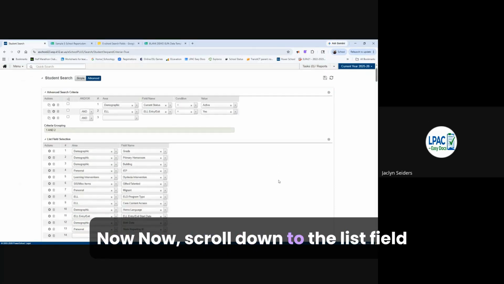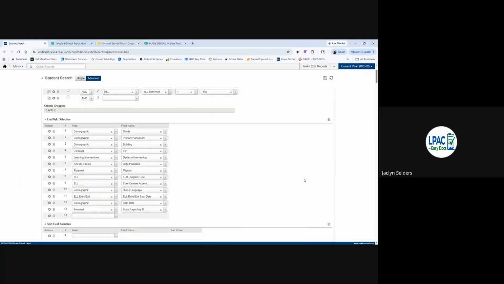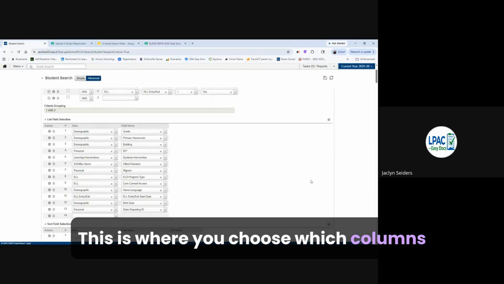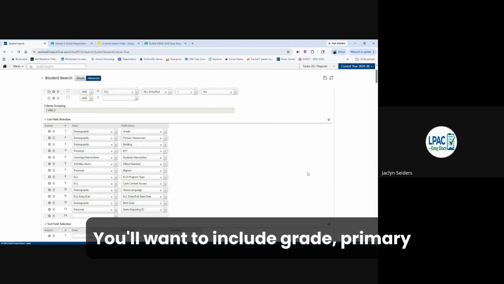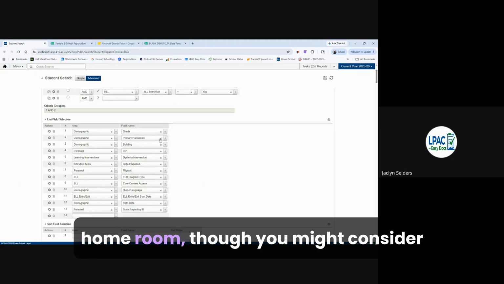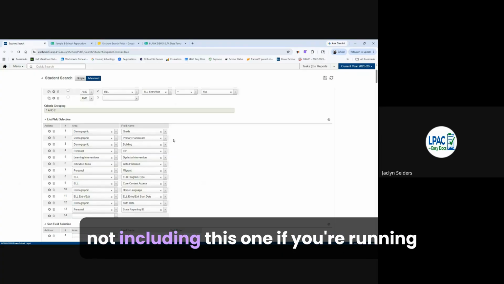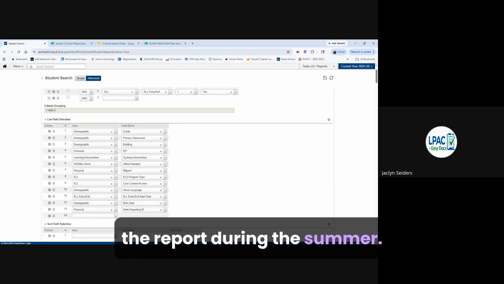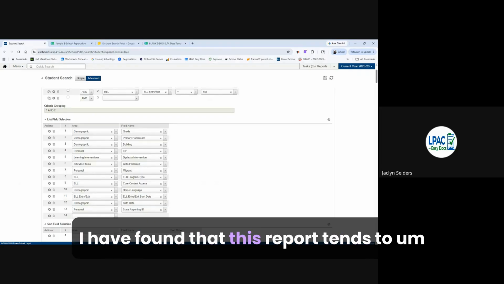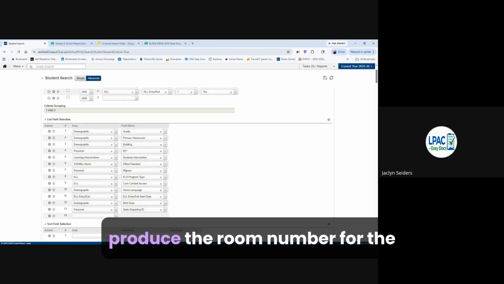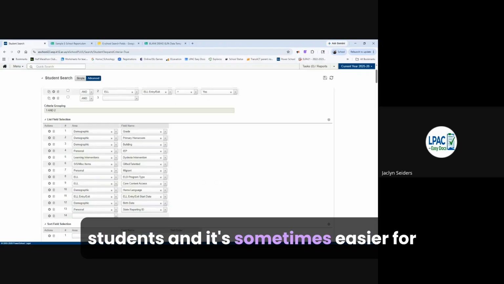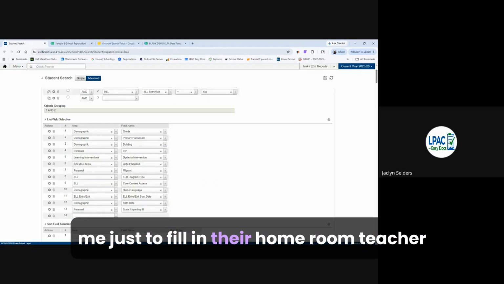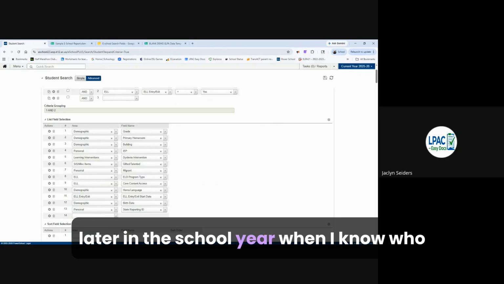Now, scroll down to the list field selection. This is where you choose which columns will show up in your report. You'll want to include grade, primary homeroom, though you might consider not including this one if you're running the report during the summer. I have found that this report tends to produce the room number for the students, and it's sometimes easier for me just to fill in their homeroom teacher later in the school year when I know who